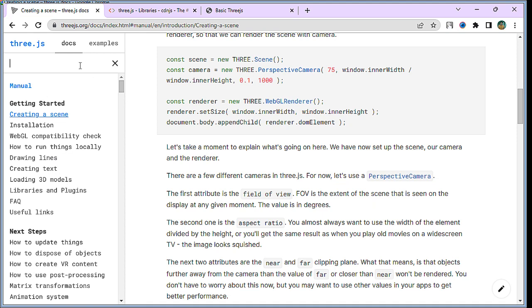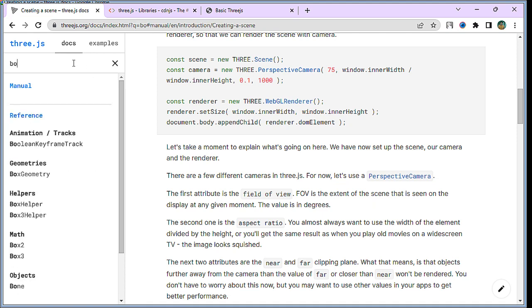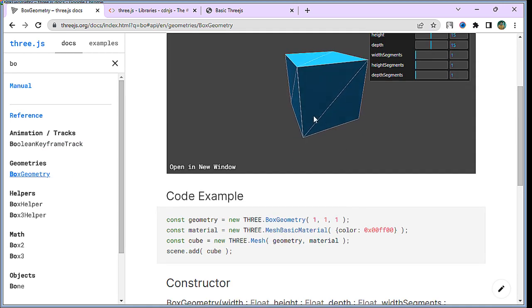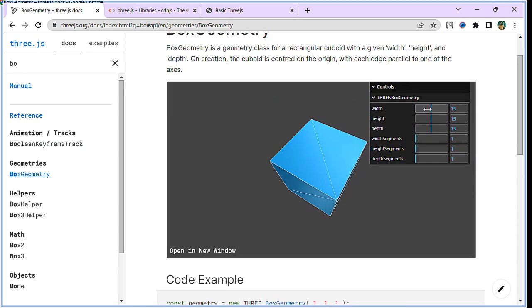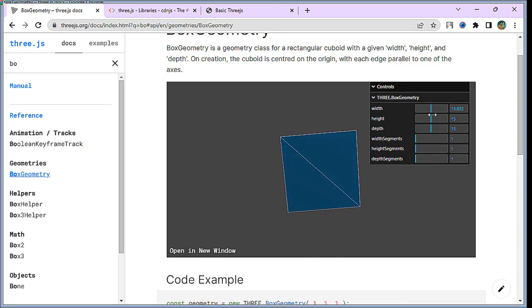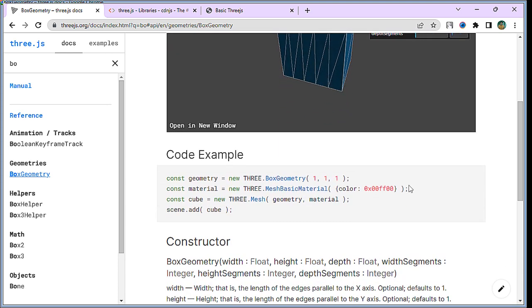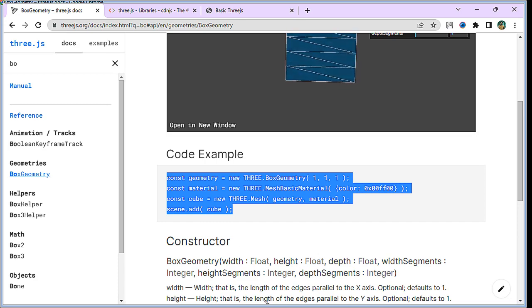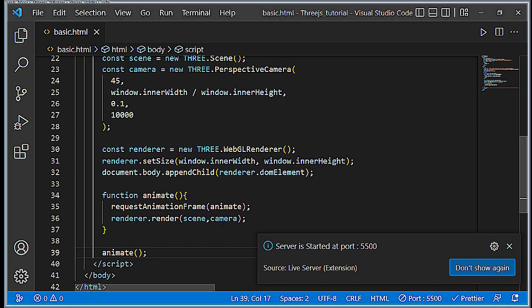Here I will find the box geometry. So I will add one box geometry. Here you can see you can control width, height, depth and width segments. So everything you can play with. I will just copy this code, and I will paste it into my Visual Studio Code